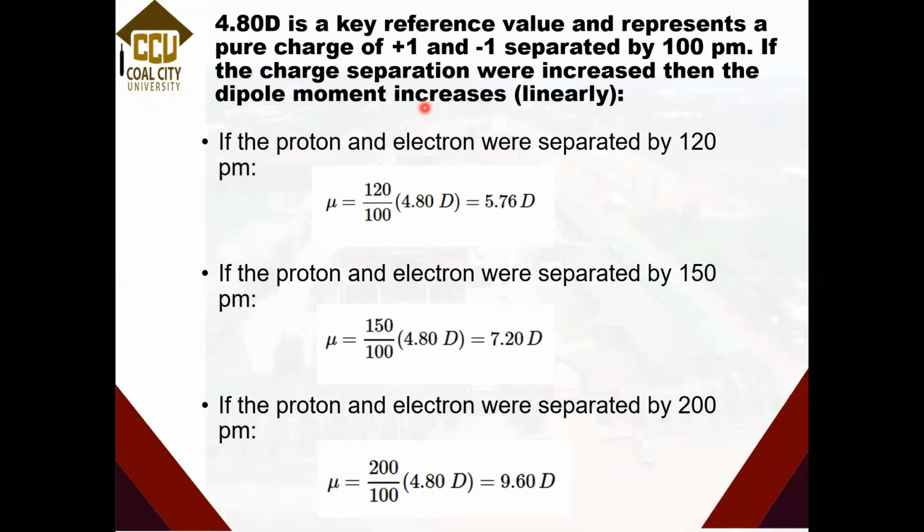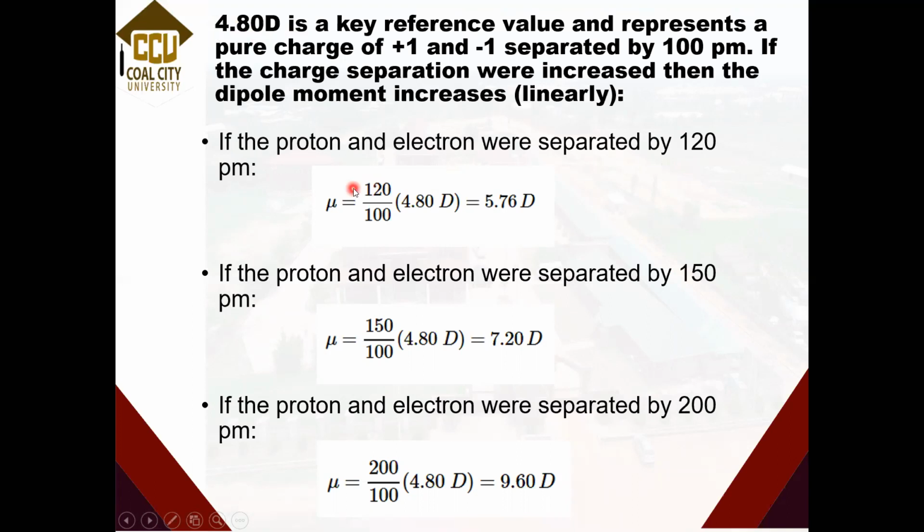So it means if I'm increasing the distance between the two charges, as in between the proton and the neutron, the dipole moment will also increase linearly. So we already know that 4.80 D is for 1 angstrom or 100 picometer. So if I tell you the proton and electron were separated by 120 picometer, I could give you